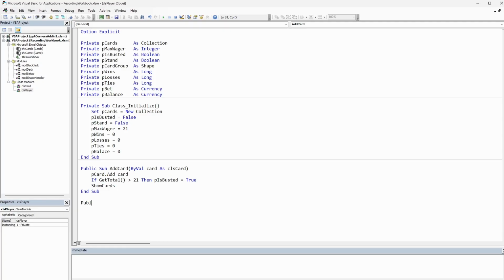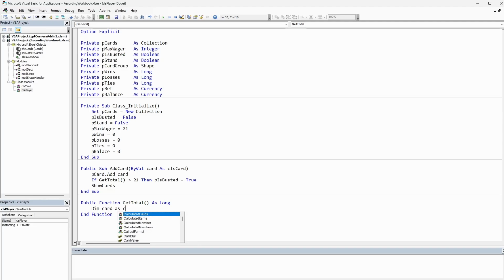So we'll have a public function of get total. This will be referred to internally and externally, so we need to make sure that that's publicly accessible. And that's going to be returning as a long. So we're going to be looping through each card in the player's hand. So we'll do a card as a class card and the total as a long. So this is going to be the value that we add to as we loop through each card. So for each card in P cards, which is